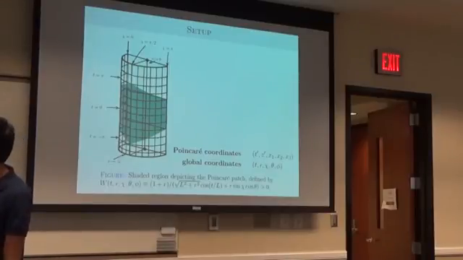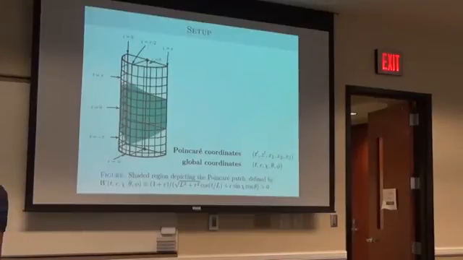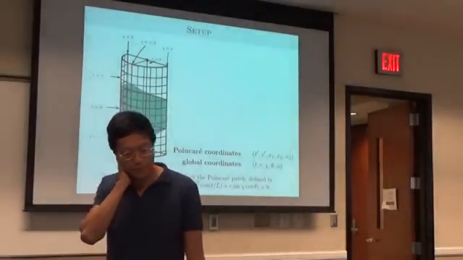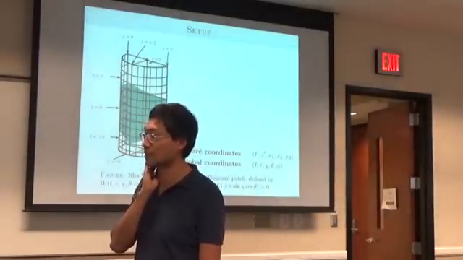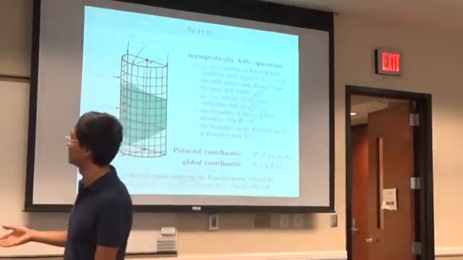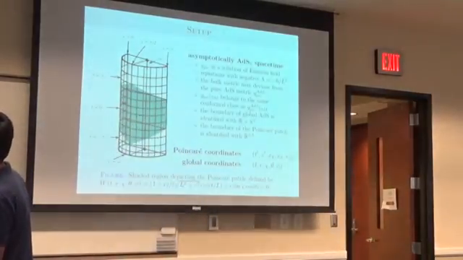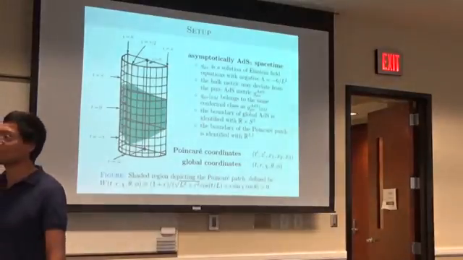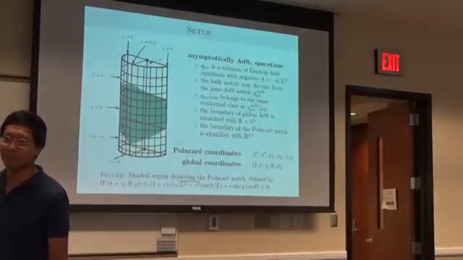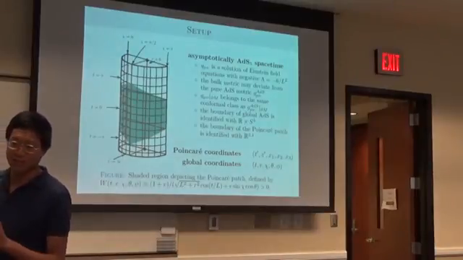So that's why it's a half cylinder in this case. And the Poincare patch, which is that other half, is just shaded there in green. So what we'll be interested in today is not just pure AdS, but space-times that are asymptotically AdS. There are two things I want you to take away from this slide. One, an asymptotically AdS spacetime, roughly speaking, is pure AdS, but